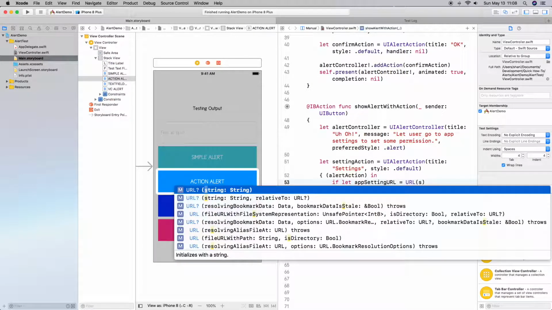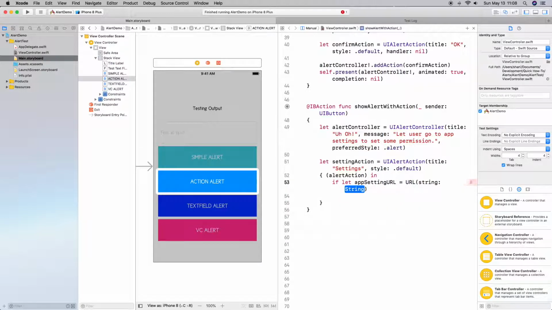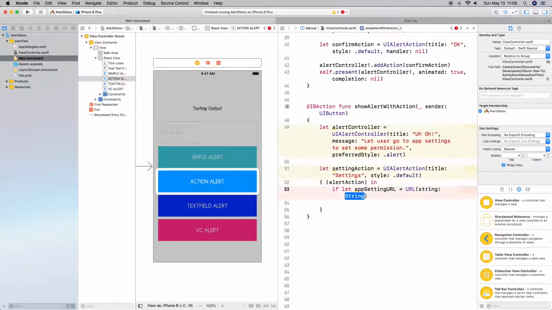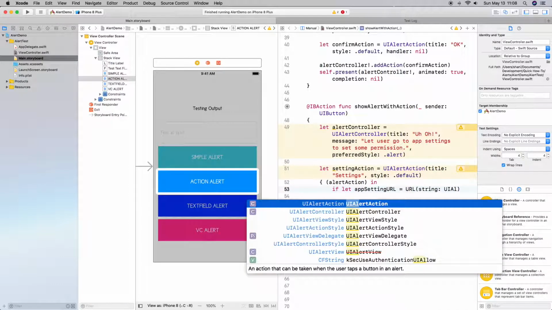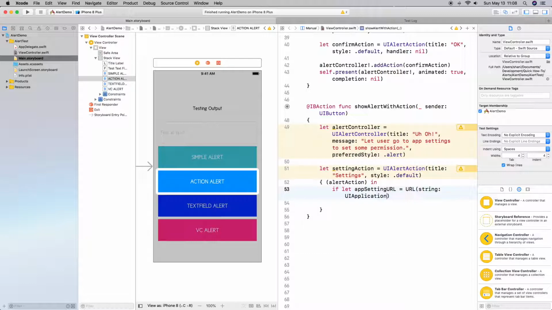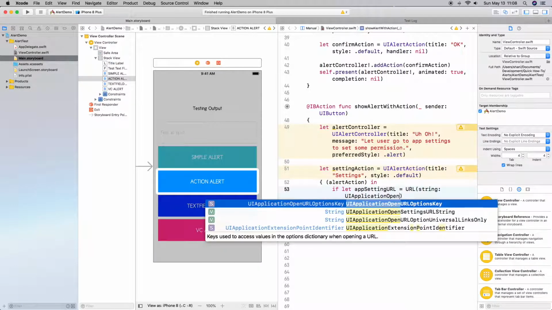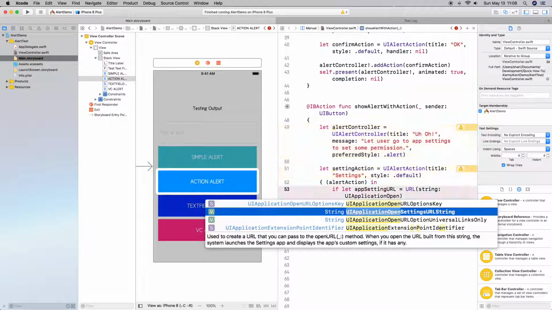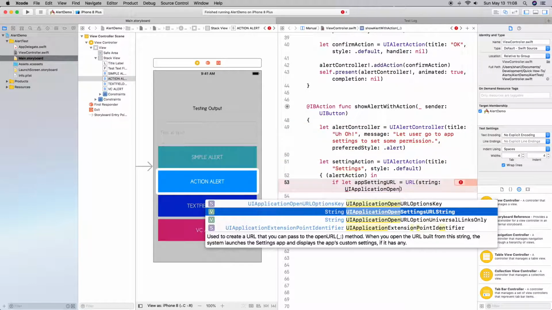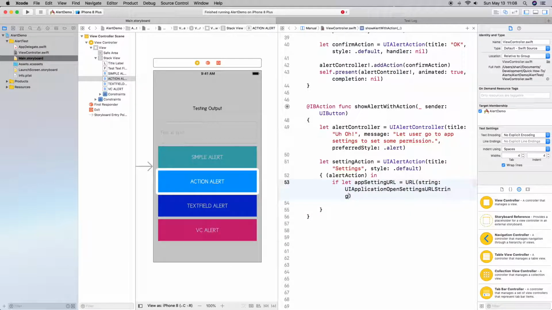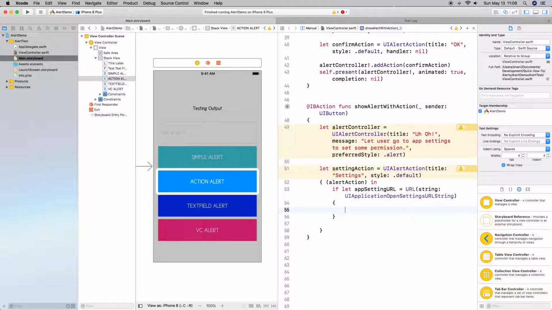string, so we're going to bring in a string here. And this is going to be UIApplication.openSettingsURLString. What this is used for is to create a URL that you can pass into the open URL method. When you open the URL built from this string, the system launches the settings app and displays the app's custom settings if it has any. So just in case it doesn't have any, it's not going to open it, or it's not going to assign it to that. And then if it's successful, then we want to open it up at that